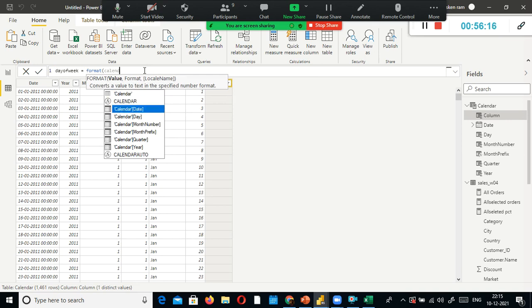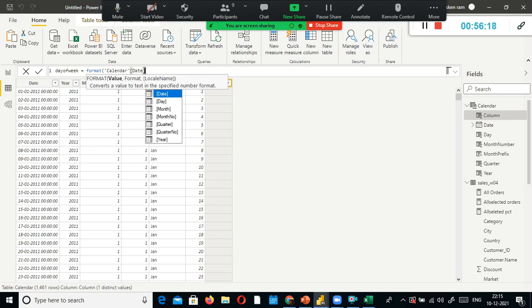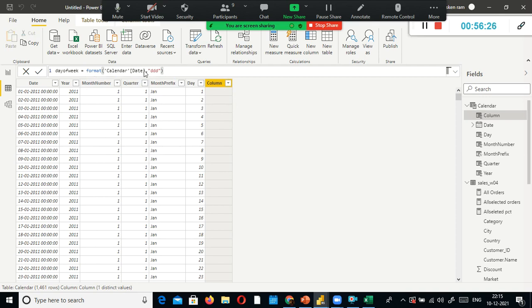This is the one I am going to use, DDD, which gives Sunday, Monday, Tuesday. For week on week sales, if they want to compare, you need to have this kind of format. And then calendar, date.